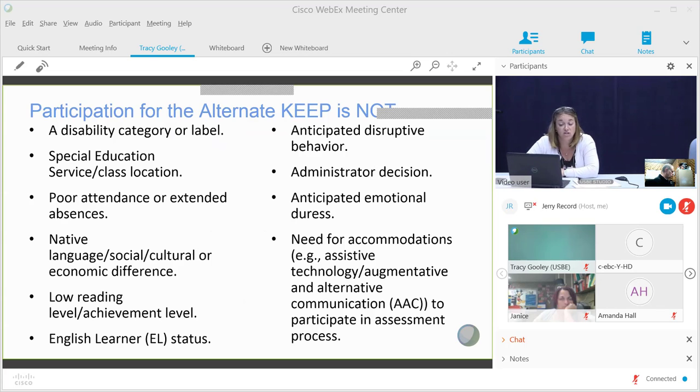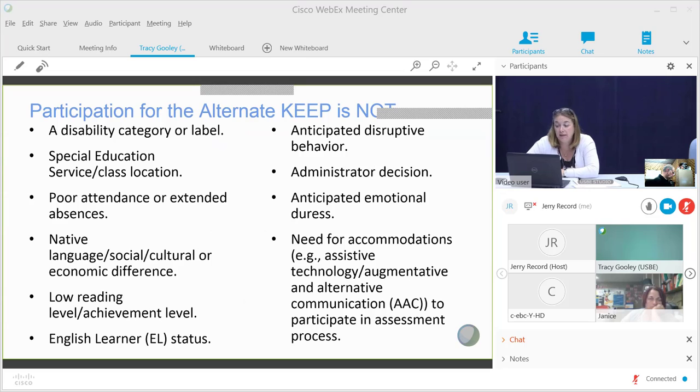So we wouldn't want to just give it to a student because they're an EL student, right? And so they have a language barrier. It has to be a student that has an IEP